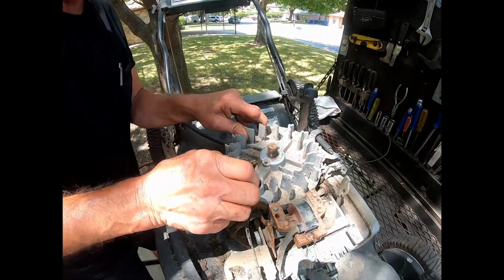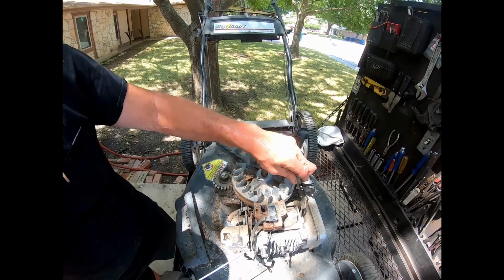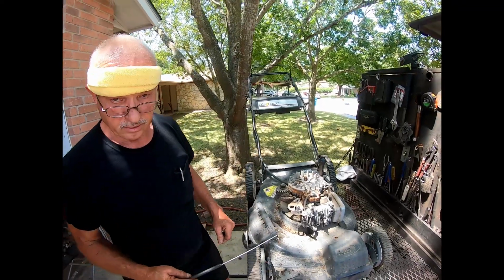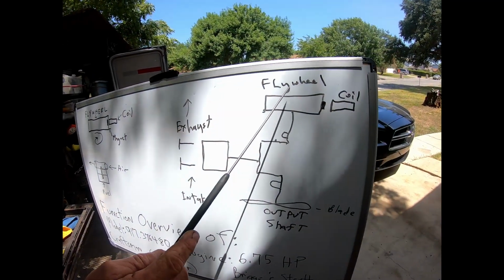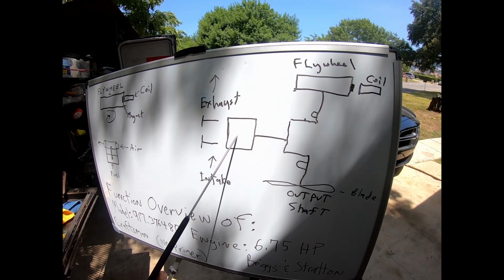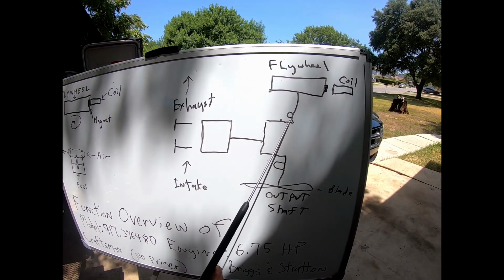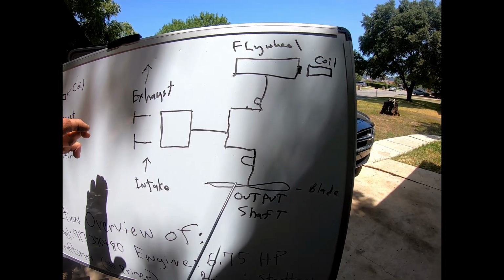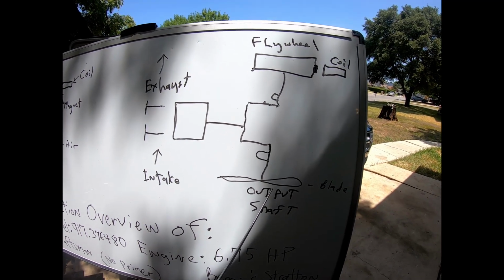So this flywheel right here, this machine, and every mower is just different configurations of this, except some of them lack this choke pull off. It'll have a primer ball or a manual choke. So the way this engine functions is really simple. Here's the flywheel on the top of the engine, the coil. The crank comes down here with a piston hooked to it. So as this rotates, this goes back and forth, making the piston go up and down. On the crank, just very simply, there are eccentric lobes that open and close your exhaust and intake in harmony to create power to turn your output shaft, which in this case has a blade hooked to it to cut your